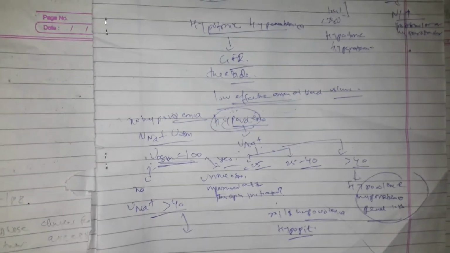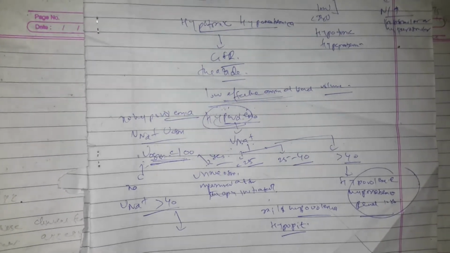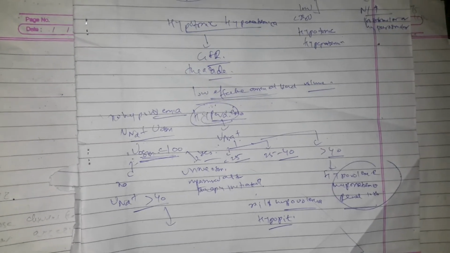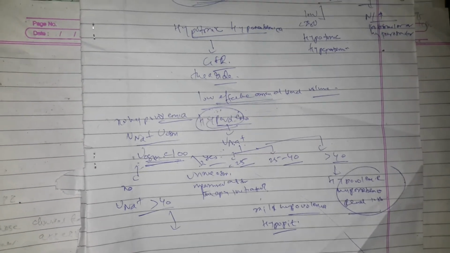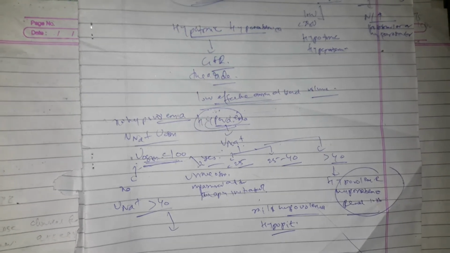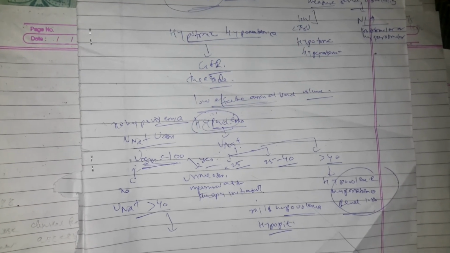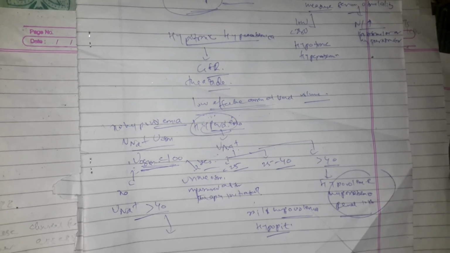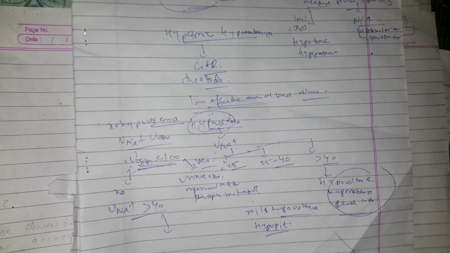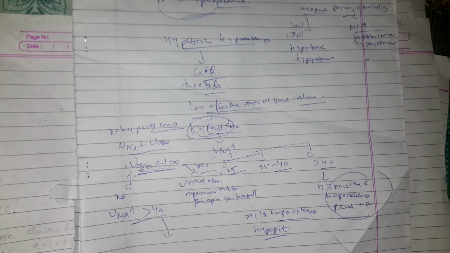If urine sodium is greater than 40, then evaluate for glucocorticoid deficiency with an ACTH stimulation test, and for hypothyroidism. And if all these are negative, then SIADH may be the cause, syndrome of inappropriate antidiuretic hormone. But before saying it is SIADH, you have to rule out glucocorticoid deficiency and hypothyroidism. Okay, you have to measure AM cortisol, ACTH stimulation test, TSH, and if all these are negative, then you can say it may be due to SIADH.